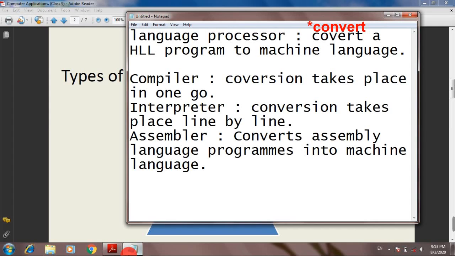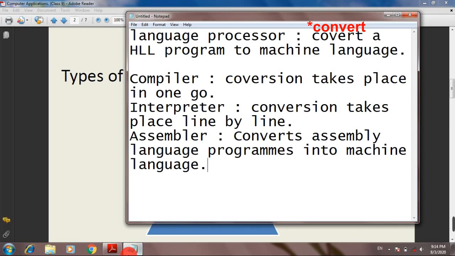The assembler software is used to convert assembly language programs into machine language. So assembly language is a second generation type language,